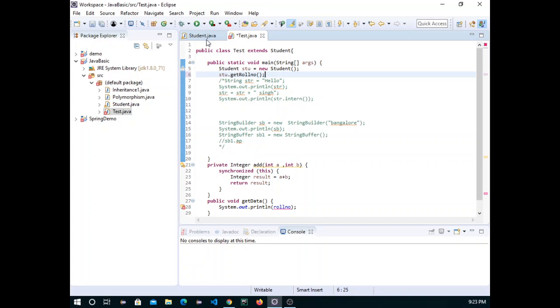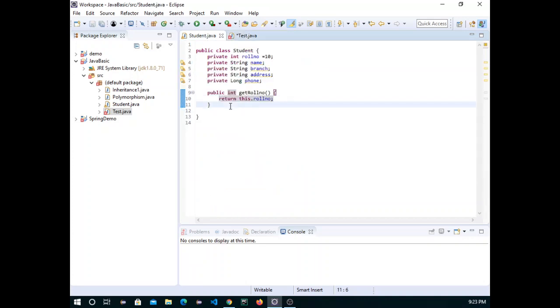If you want to set the data, for that you have to write one function.